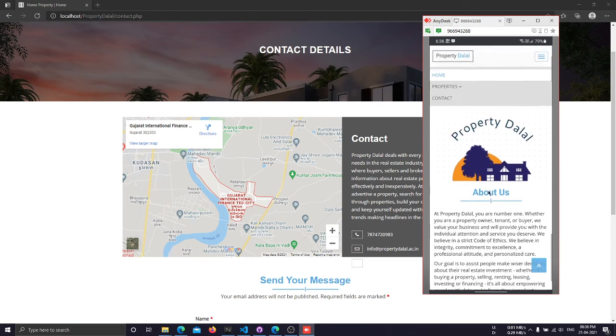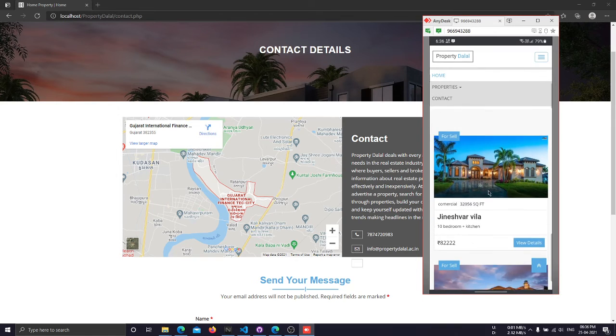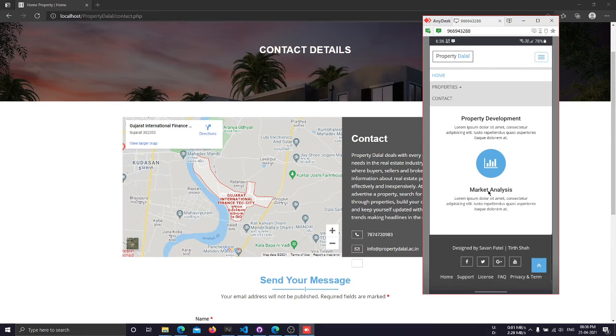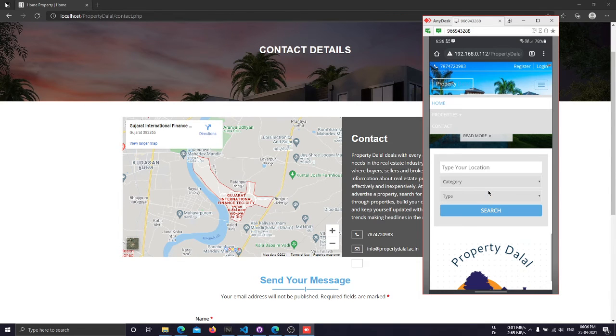We can navigate the whole site, and the whole site is made responsive, and all the images are stored on the server, and the paths are stored in the database.